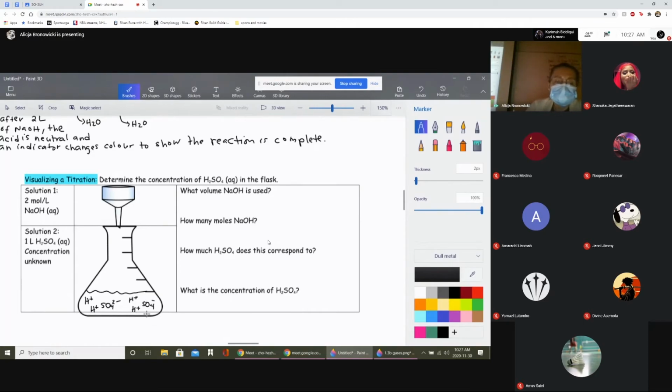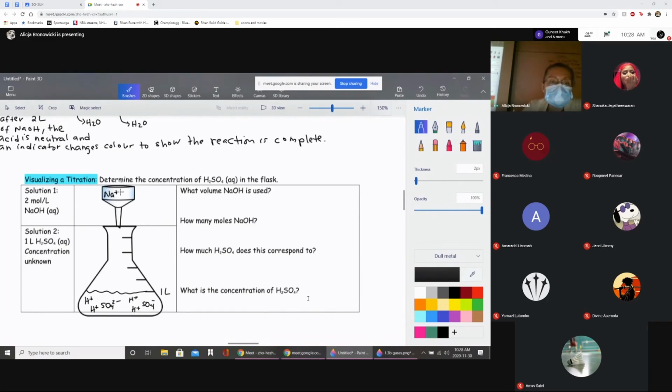That's what sulfuric acid would look like in solution, a bunch of H pluses and SO4 2 minuses floating around. My H pluses are what make this an acid. I know my volume, I have 1 liter, but I don't know my concentration. You can kind of peek and figure out your concentration, but we're going to figure it out using